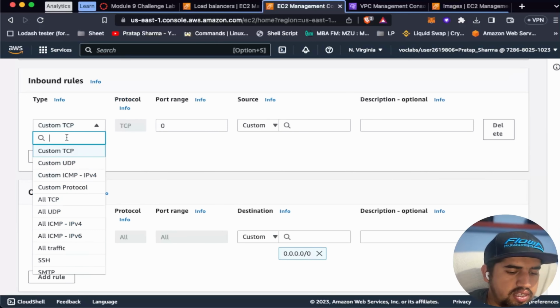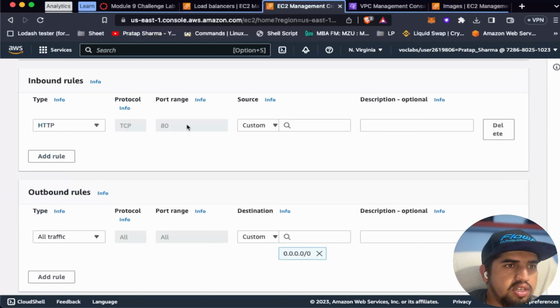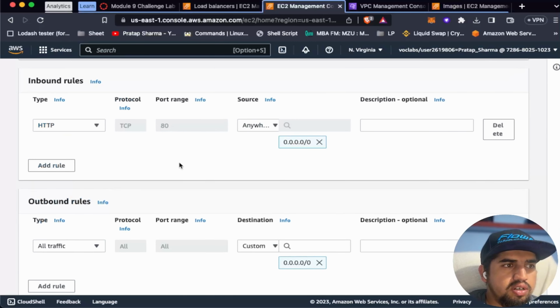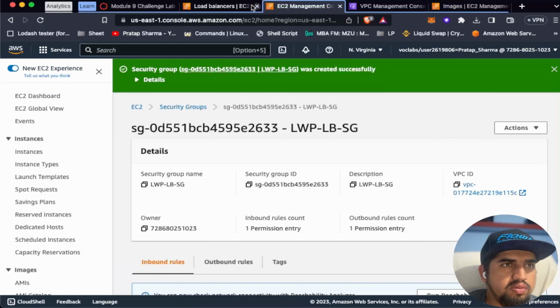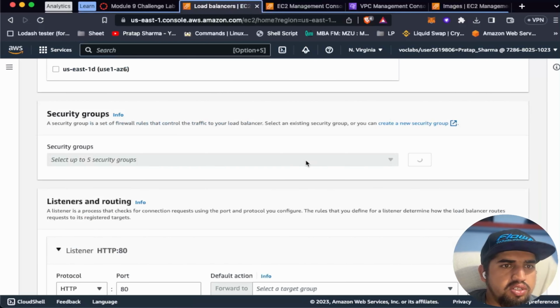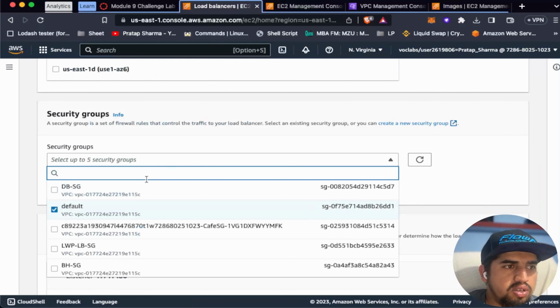It should be HTTP, and it should be from anywhere, and let's create a security group. So now let's refresh, and you can choose the learn with Pratap load balancer security group. Okay, and let's remove this default,